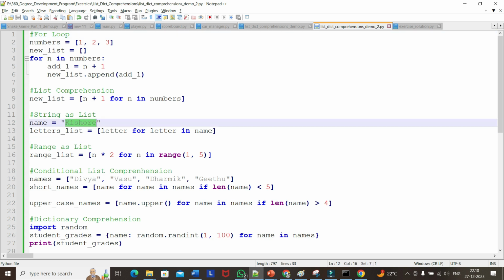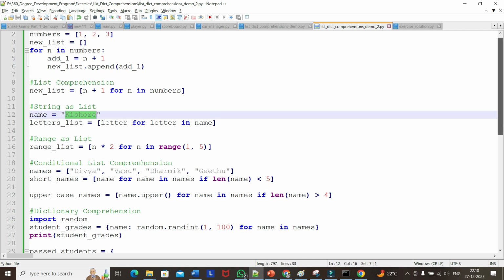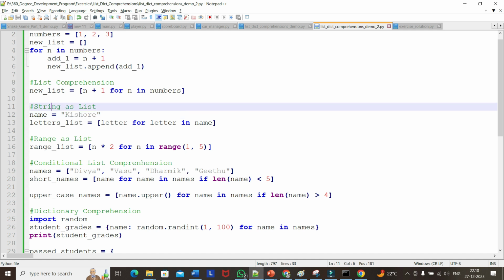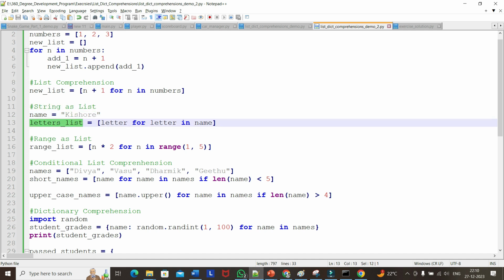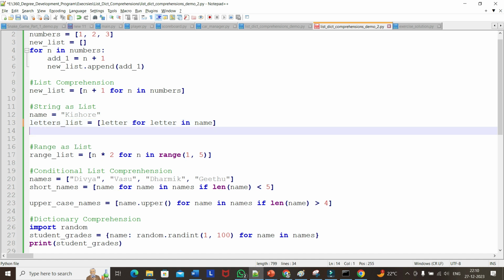So now, for example, this, let's see one by one. So all these are list comprehension examples. It's like list comprehension, the same thing as a for loop, and a string as a list. So when we are doing it for each element, so it will be,